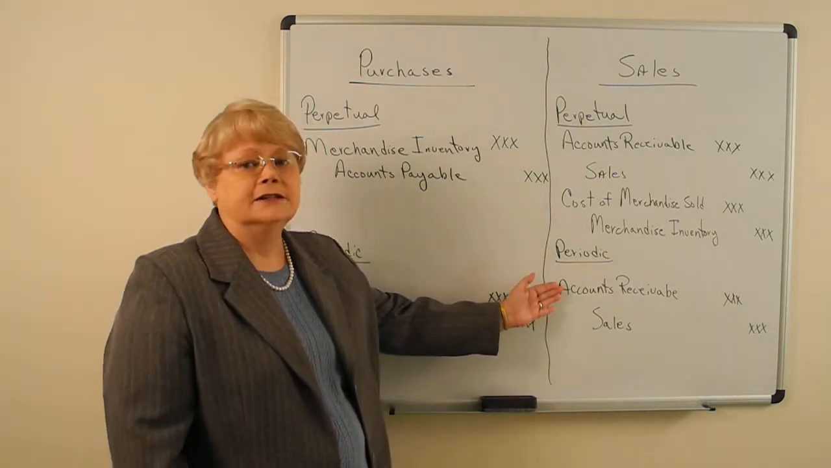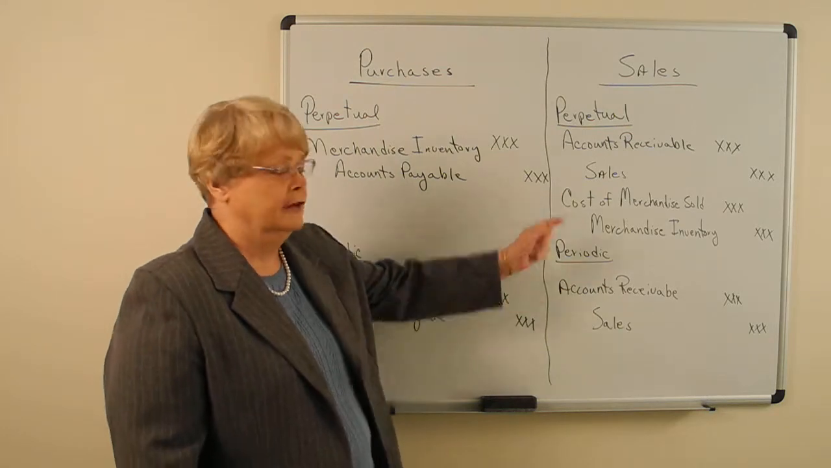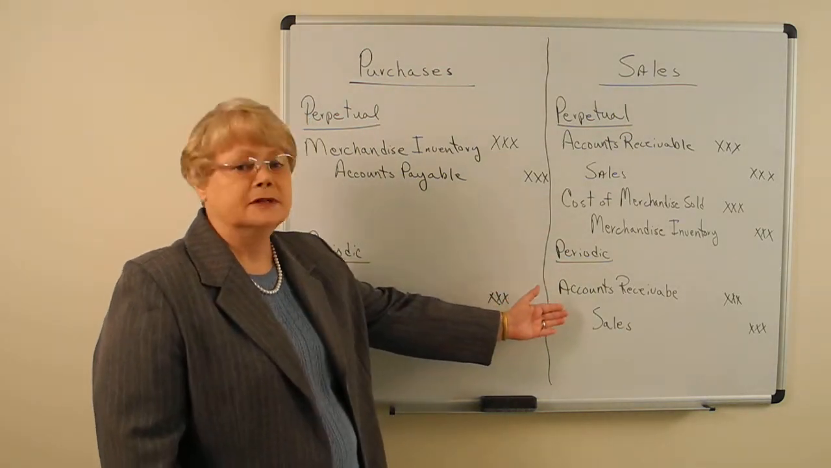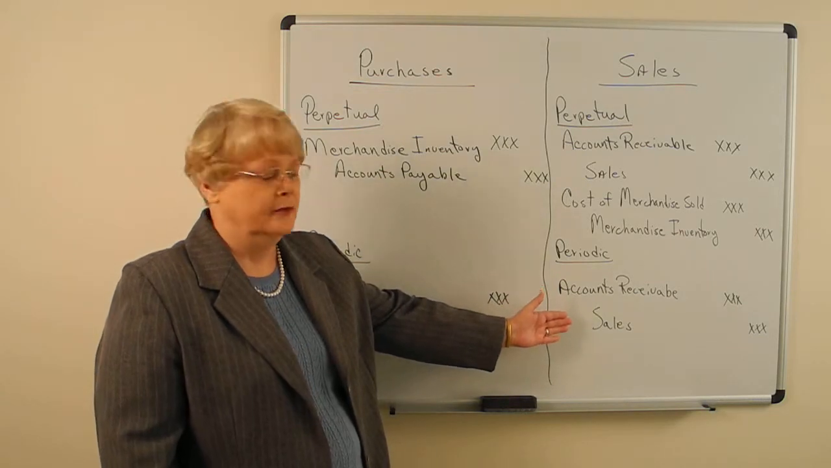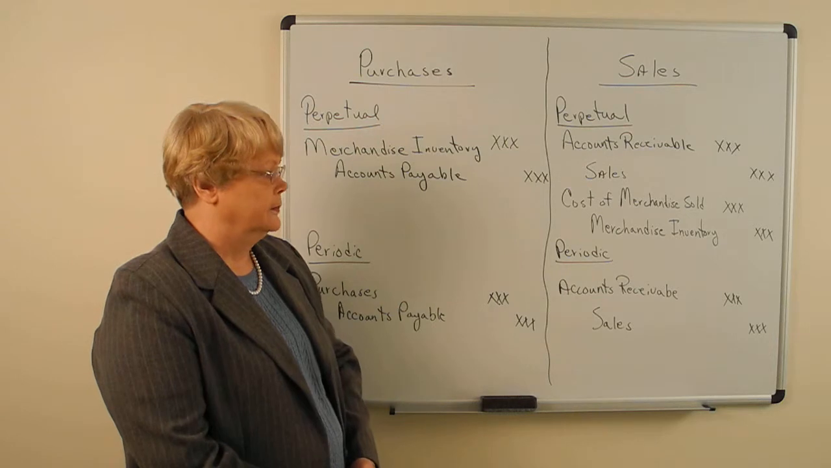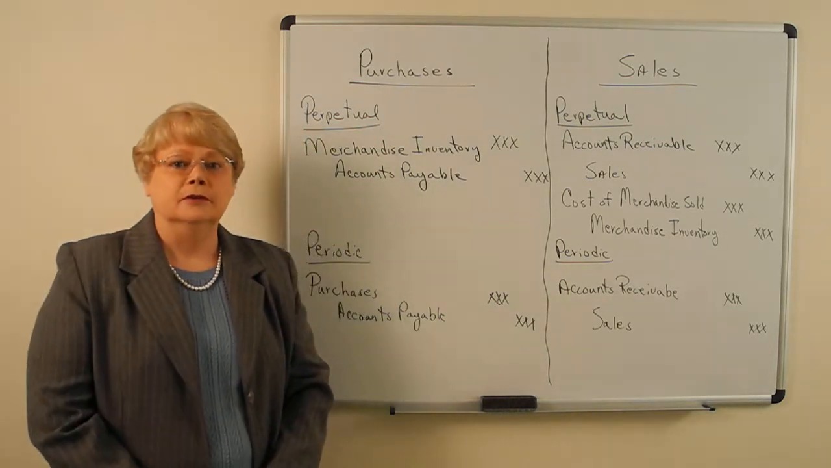Now, under the periodic system, we're not going to be keeping up with inventory. We will not have the cost of merchandise sold account. So under the periodic system, you will simply have a debit to accounts receivable and a credit to sales. That's all you will have there. So this is just an example of some of the journal entries that we will have